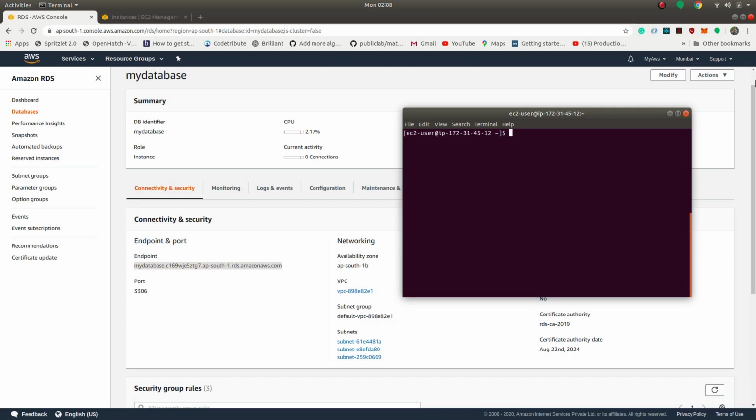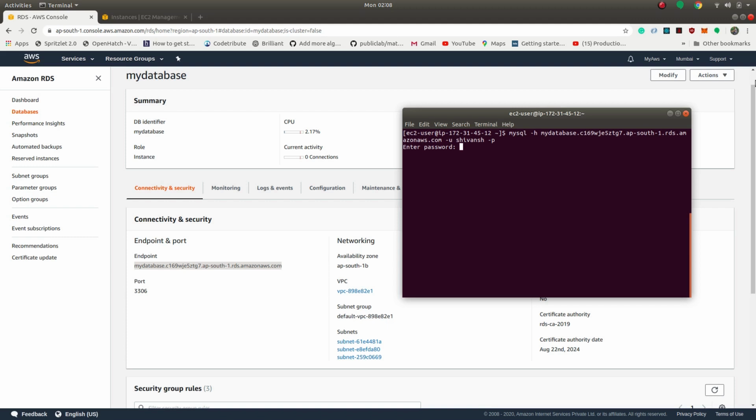Now we'll connect our EC2 machine with MySQL. The command for this would be mysql --host, and host will be the endpoint we copied, then -u, and u would be the username of your master. In my case I have set it to be my name, and then -p, and then I'll enter the password. Basically I created this username and password while I was configuring my database.